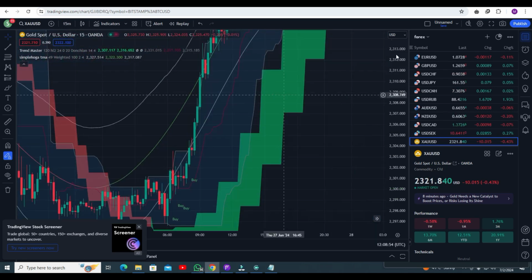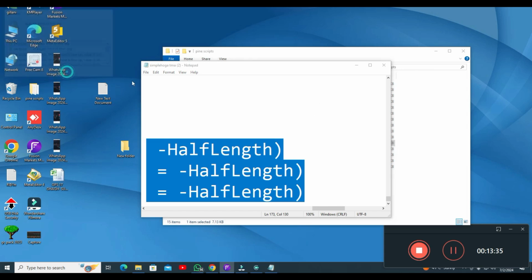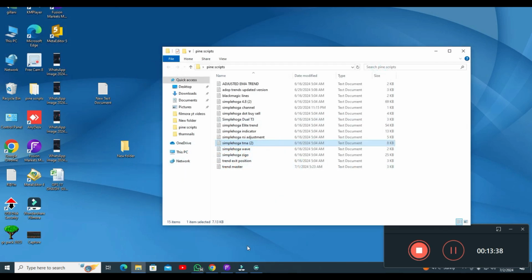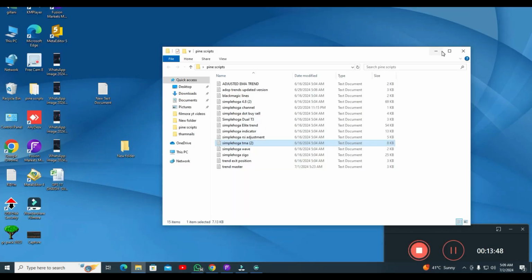I give you all the details, and any query, any question you can ask me. I will show you my MT4 results as well. This MT4 is awesome and you will get consistent profit if you are using my MT4 system. Before that I need to show you how you can get all my scripts.